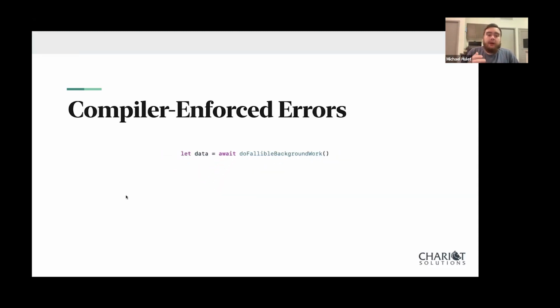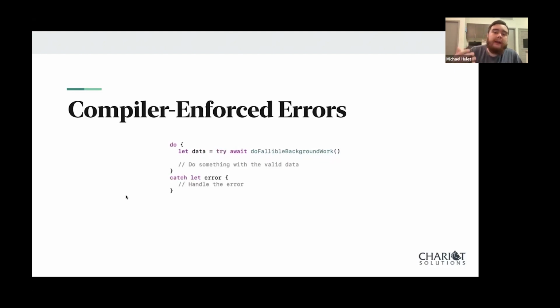And so at the call site, it now looks something like this. Or I should say, this one bit here won't compile because now we have to be very intentional about which functions can produce errors. And then the language requires us to handle those errors. So now we know very well when we are at both the defining the function and at its call site,